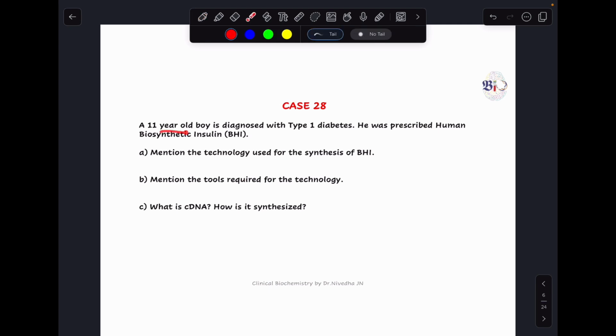Here, an 11-year-old boy is diagnosed with type 1 diabetes. He was prescribed human